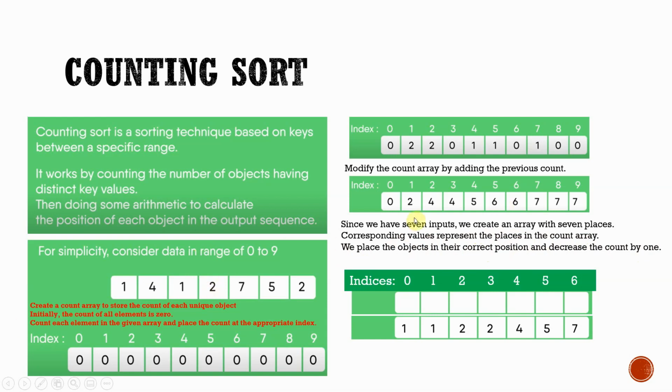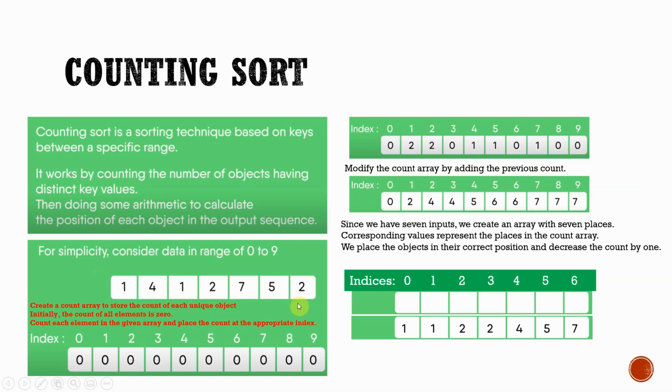So here, now we have two arrays, the input array and the count array, right? And we want to create the output array. So how is this going to work? We create the output array with the same number of elements as our input. Now in order to have a stable counting sort, we go from the end of the array, from the right side toward the left side. So I find 2, okay? I go to index 2,